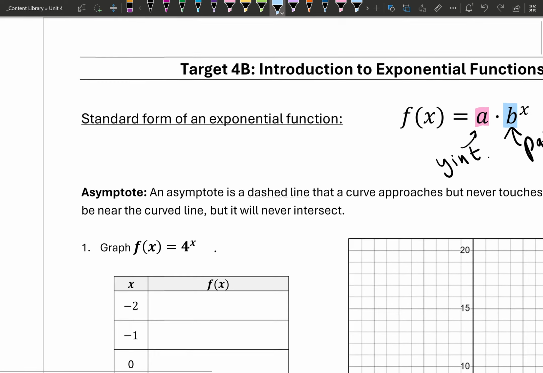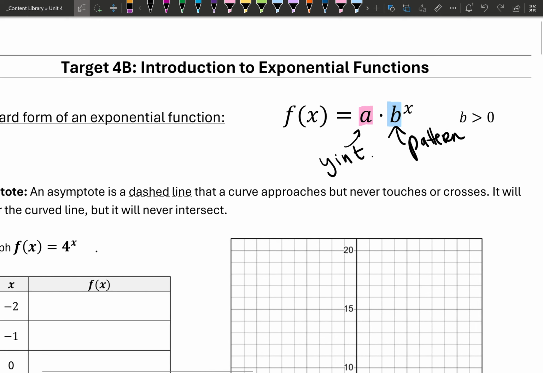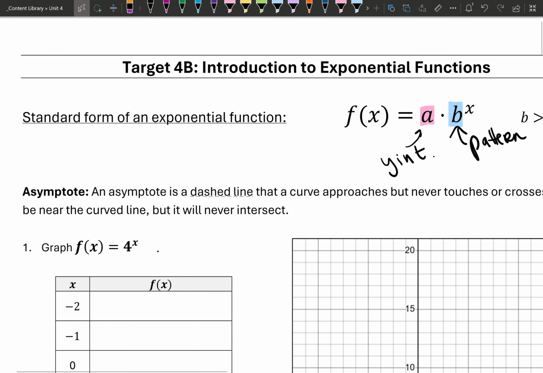Oh, before we do some graphs, our exponential functions have asymptotes. Asymptotes are dashed lines that a curve approaches but never touches or crosses. It will be near the curved line, but it will never intersect. In the ones that we're going to be looking at the moment, the asymptote is going to be the line